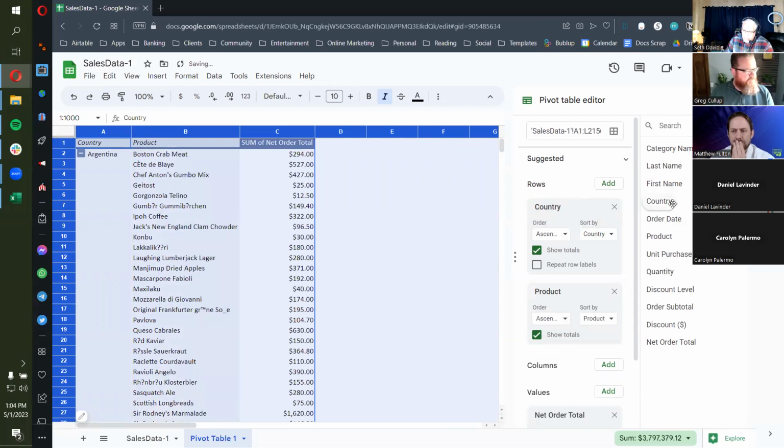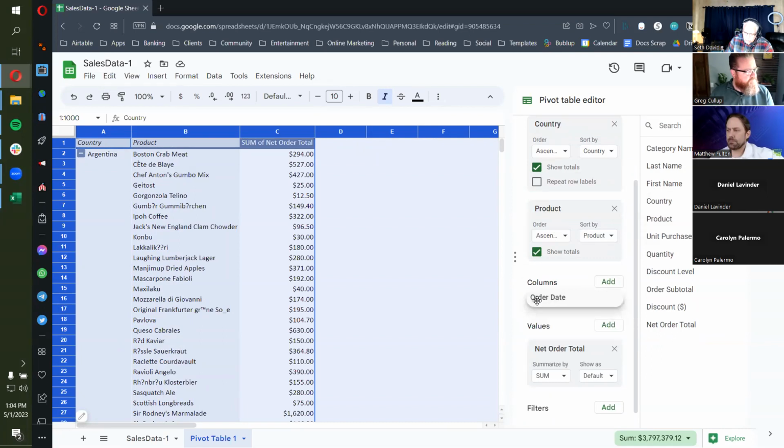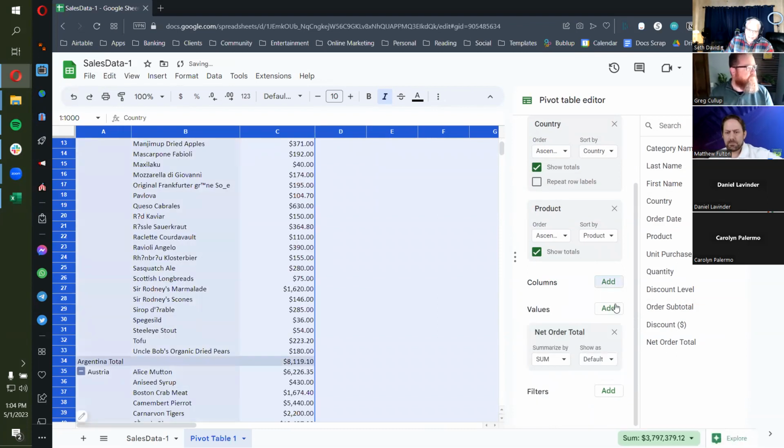And then we had the dates. So this is where you're going to see Google Sheets fails a little. I want the order date in the columns. It's going to give us an error, and then it's probably going to calculate and it will come up, or it may not, because essentially what it's doing is it's going to put every single date in the entire data set in its own column. In other words, it doesn't have that grouping bucket capability.